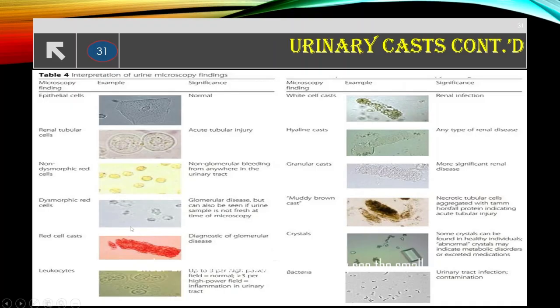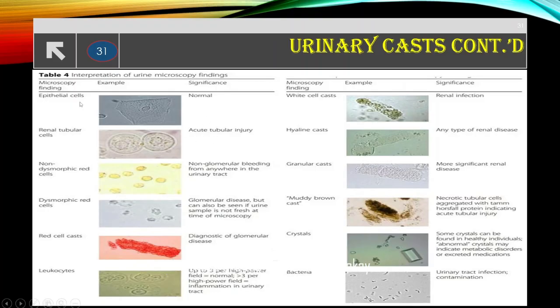And then if you see dysmorphic red blood cells, meaning that the red blood cell shapes have been distorted, then that is also something that you need to think of. So glomerular disease, but it can also be seen if the urine sample is not fresh at the time of microscopy. Okay, now,